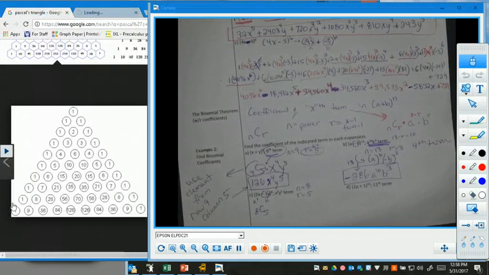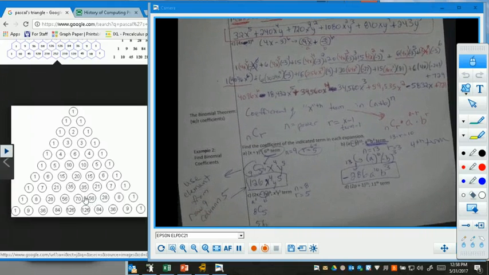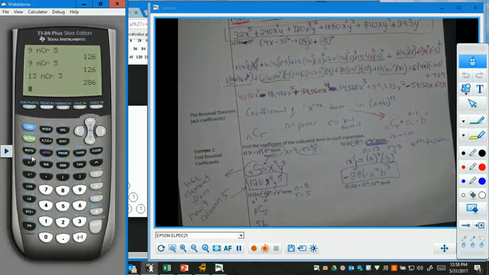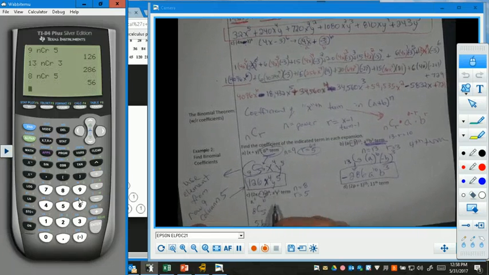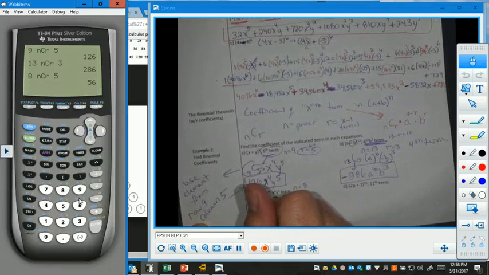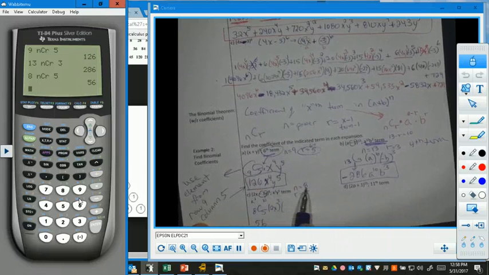Here we go. There's row 8, column 0, 1, 2, 3, 4, 5. Here's column 5, and row 8 is 56. If you're not confident in that answer, then you can do nCr. And again, you're going to do 8 choose 5, which is 56. But now I have 2x to the 3rd, because that's 8 minus 5, and negative 3y to